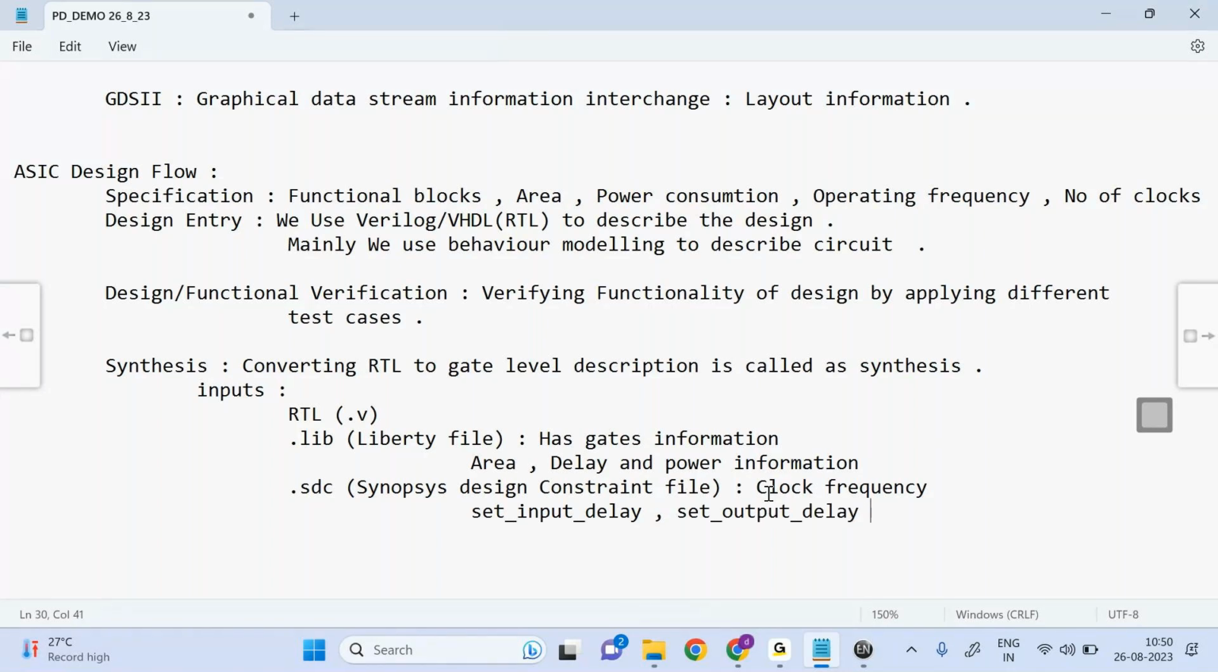All this information you will see in the .htc file. So by using these three files, because you should do synthesis, that is conversion from RTL to gate level description, to meet this clock frequency, right? We have to meet this clock frequency. What are all the gates I have? The delay of the gates should be in such a way that